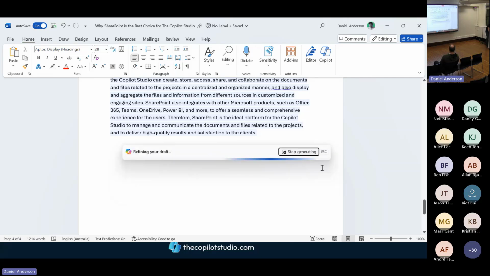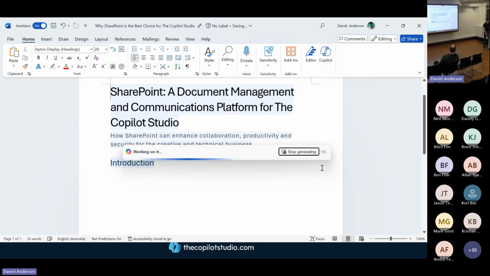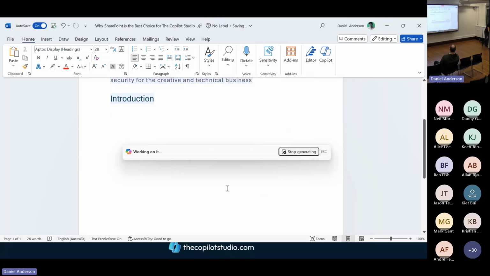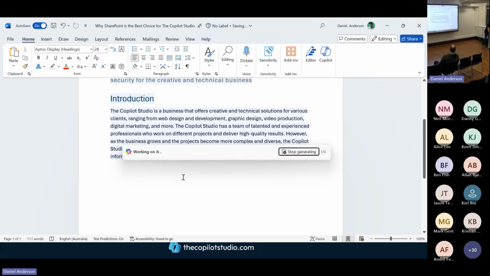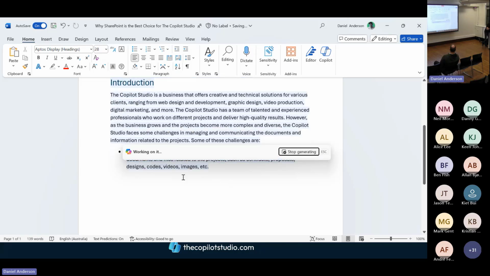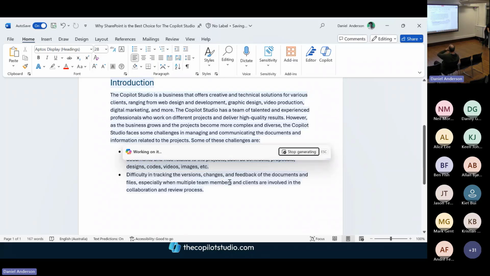So I'll do that. It's going to then include, well, hopefully include those bits and pieces. Okay, so we'll separate out document management from communication. It's going to spit out that content again, regenerate it, and hopefully give us some separated sections for document management and for our